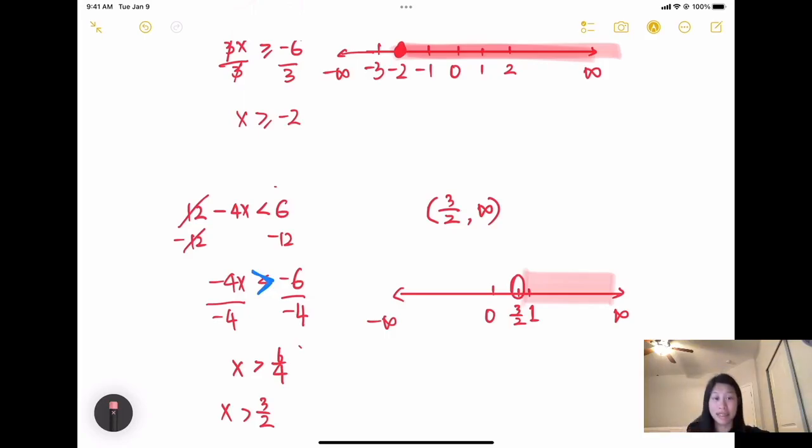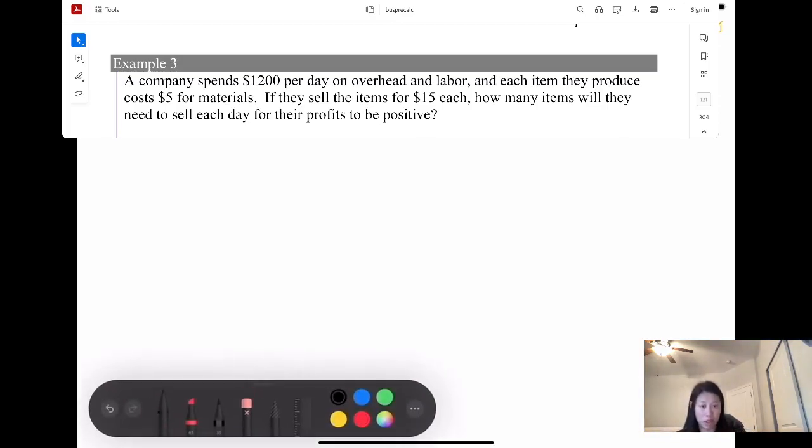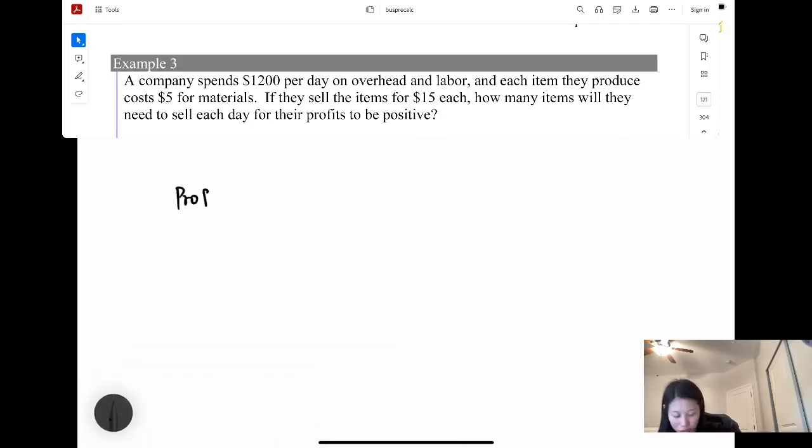So let's see how these inequalities apply to our business world. Here's an example. A company spends $1,200 per day on overhead and labor, and each item they produce costs $5 for materials. If they sell the item for $15 each, how many items will they need to sell each day for their profit to be positive? In business, profit equals what? Profit equals the revenue subtract